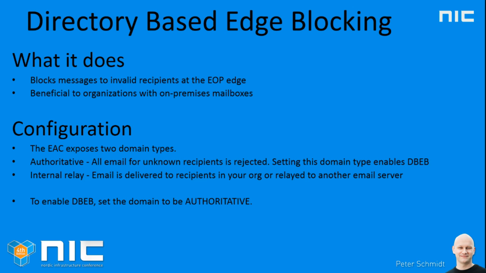One of the interesting security features of Exchange Online Protection is a new feature that came in the fall or before Christmas last year, the directory edge blocking feature. This is where we use Exchange Online Protection to discard all mail addresses not known by the system. So instead of mail hitting our on-prem servers with a lot of email addresses that might not exist on our system, we can discard all those mails in Exchange Online Protection. The requirement for this is that we run a DirSync so Exchange Online Protection knows which mail-enabled objects we have on-prem.